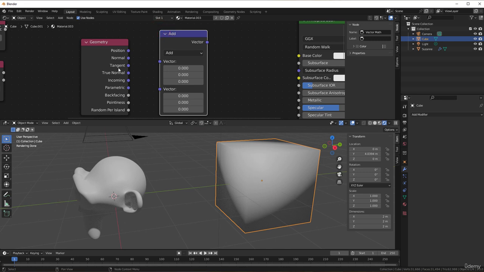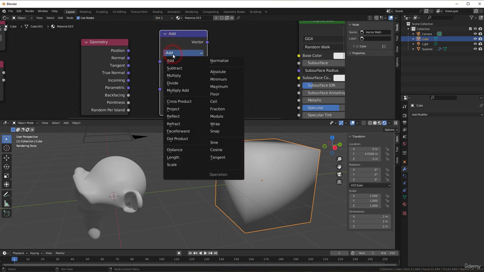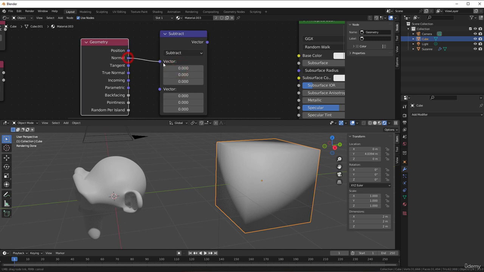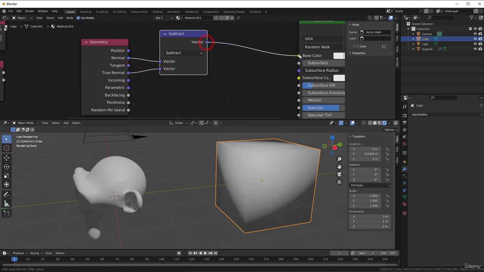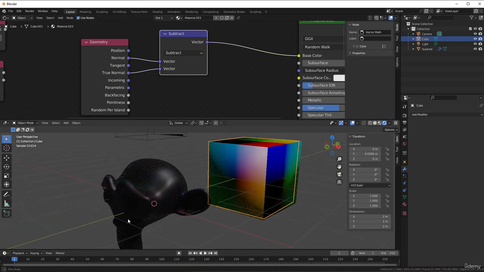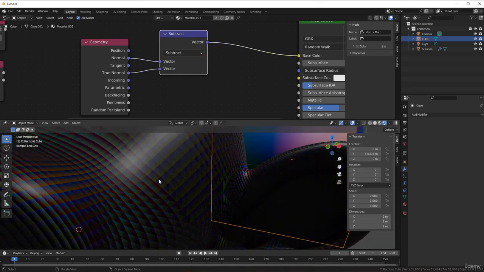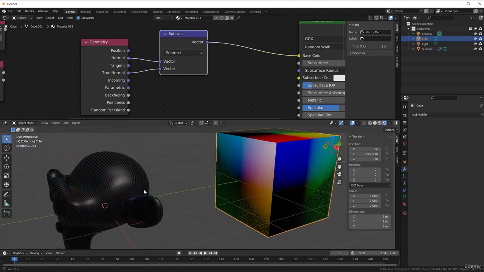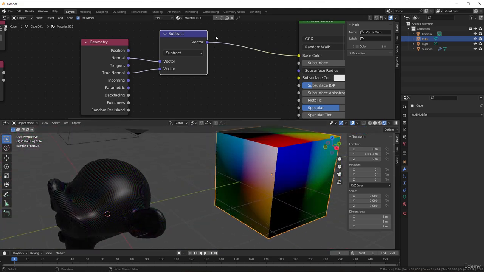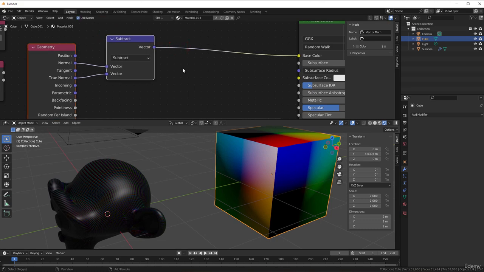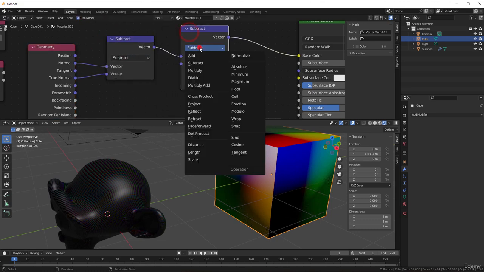And as I said, we can take the difference here, so we can use subtract normal from the true normal. And if I just put that in, you get a lot of colors, but already now you can see that it seems to find the edges in some way. So then we need something here, and we can put in a length. So I press Shift D to copy this, put that in, and change this